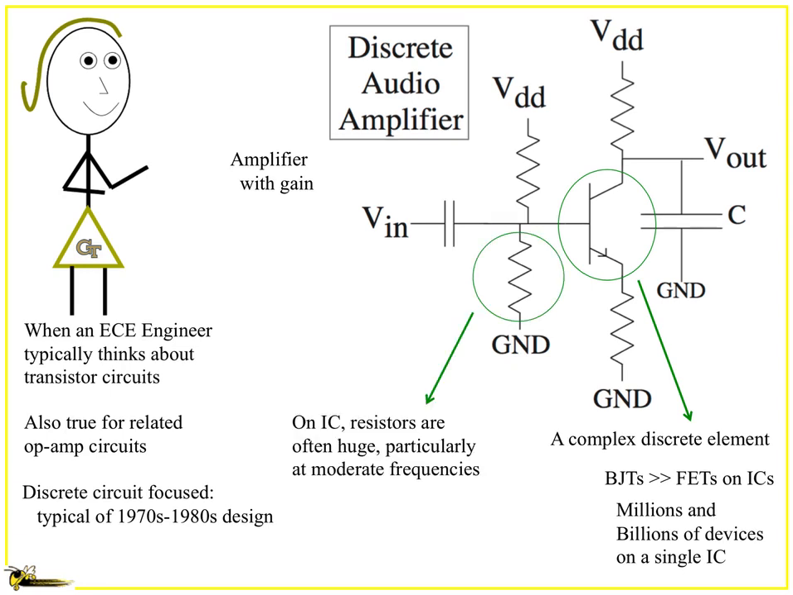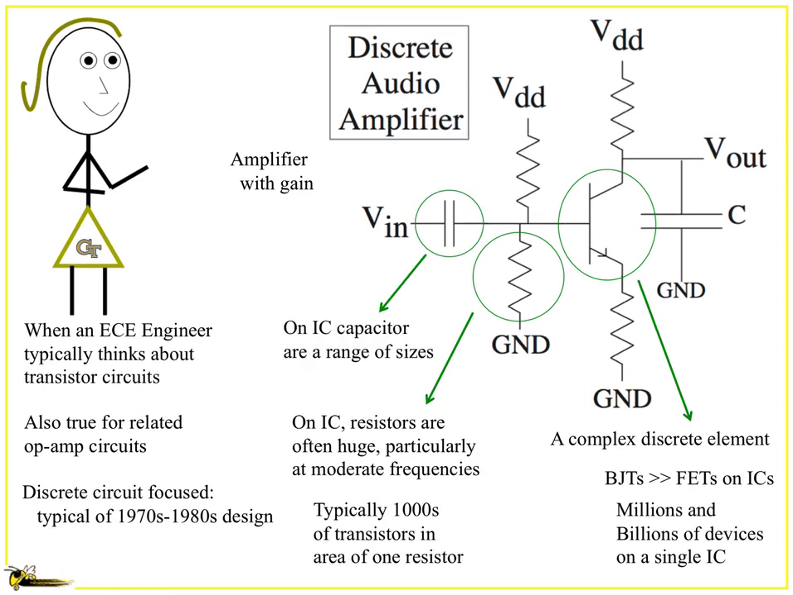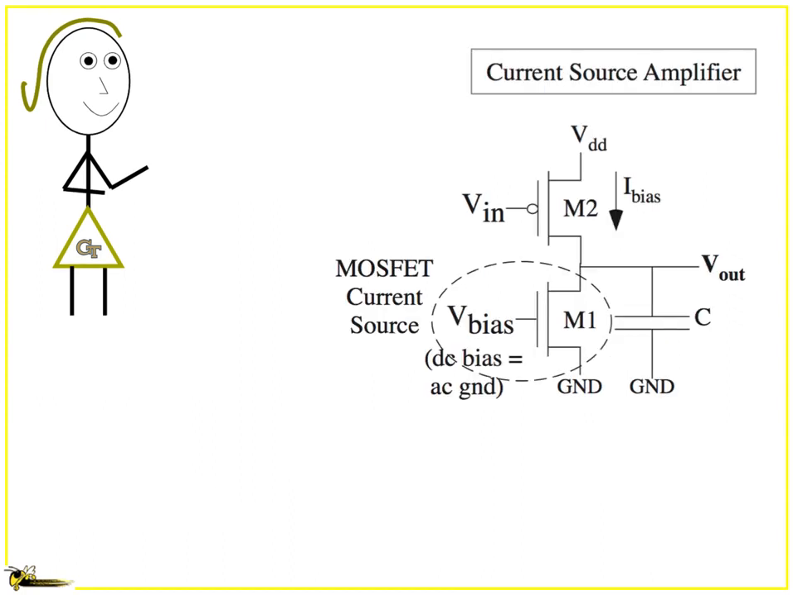But also on an IC, these resistors are often huge. Typically we're talking like thousands of transistors on that. Now, on an IC, the capacitors are definitely ranges of sizes, so that's okay. Now what happens is when you look at on-chip, you say, well, why don't I try a different approach, like